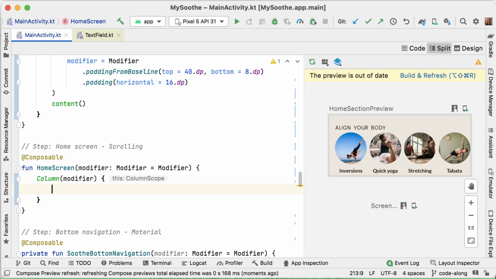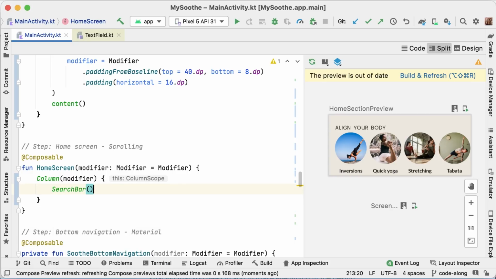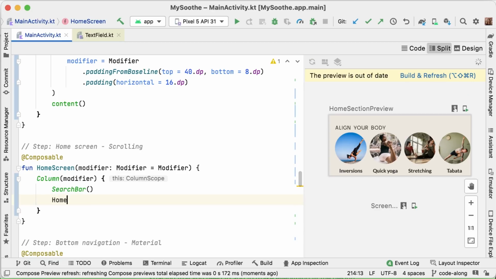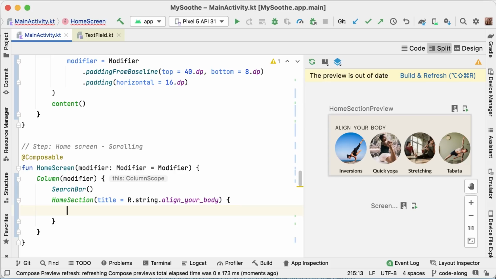And once you get used to it, you get the hang of it, you start to become very fluent in this way of writing and implementing your designs. And you can actually implement your designs quite fast. So in this case, we have a column and we put in our search bar. We put in a home section, which we will call r.string.alignYourBody, which has as a content the Align Your Body row.